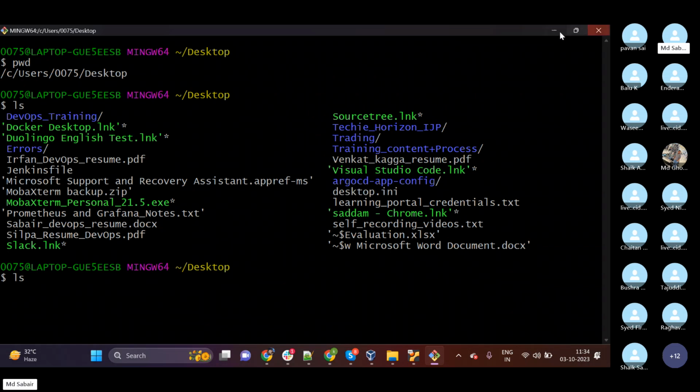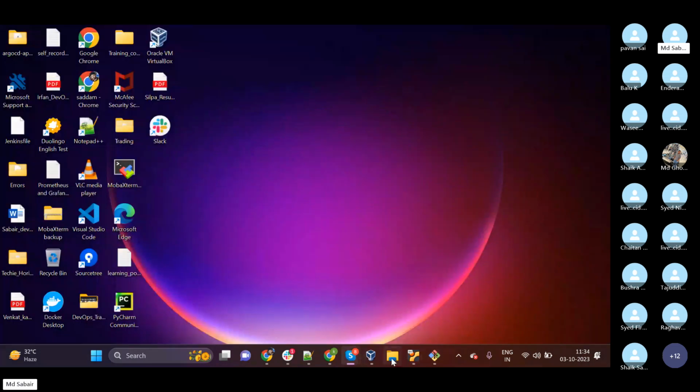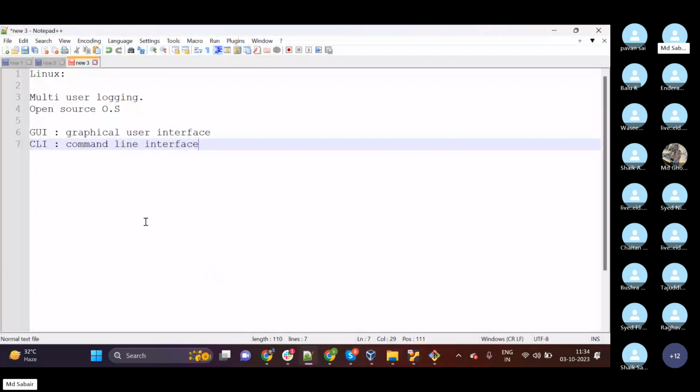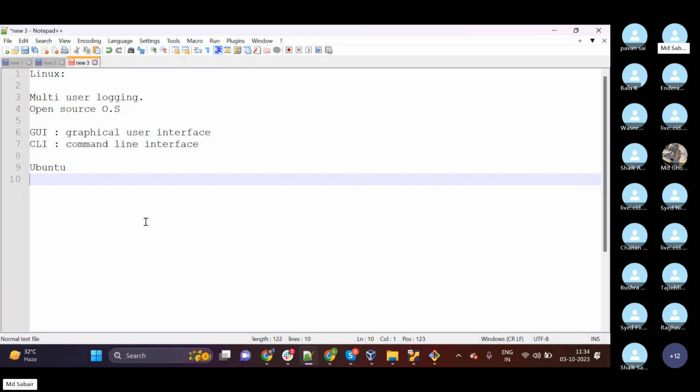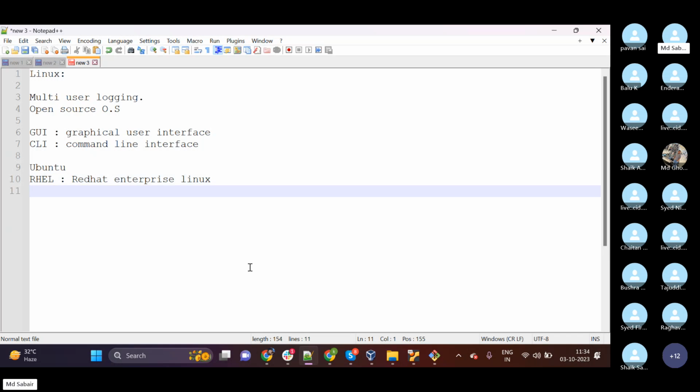Okay. So Linux operating systems have different flavors. One such example is Ubuntu, which is what we are using, and then we have RHEL, Red Hat Enterprise Linux, and then we have Amazon Linux.